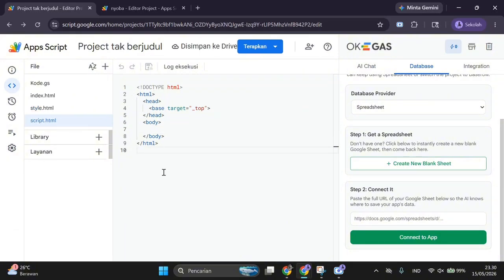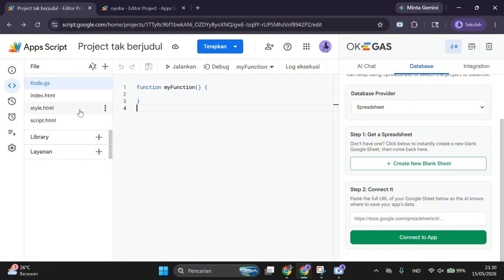For the third and fourth files, we will create separate files designed entirely for CSS for our styling and JavaScript to handle the dynamic interface behaviors of the web page. By organizing our project structure this way, our code is guaranteed to stay clean, readable, easy to maintain, and highly professional, just like a system built by an experienced software engineer.